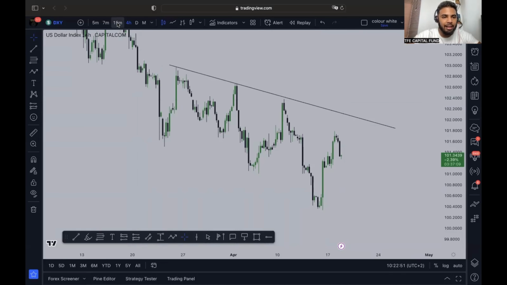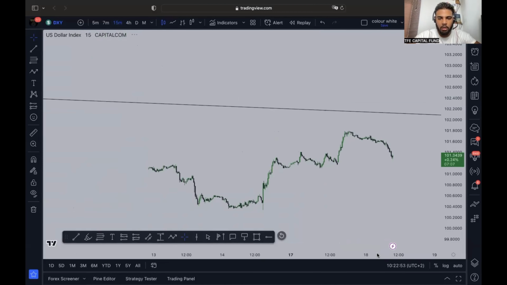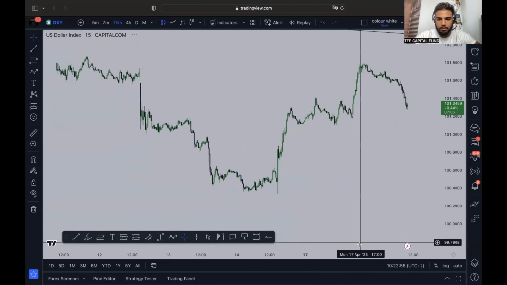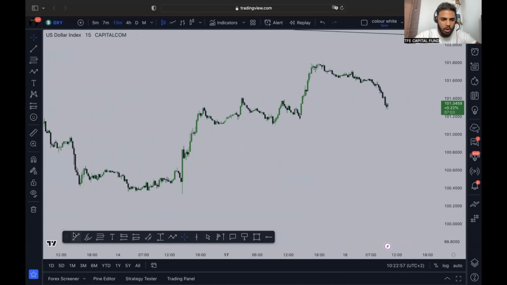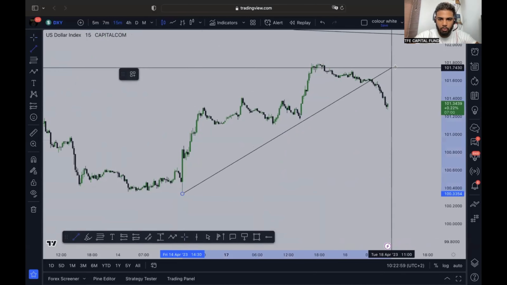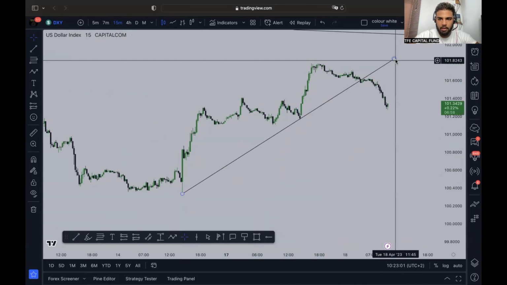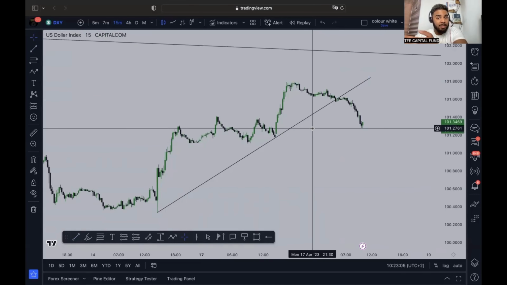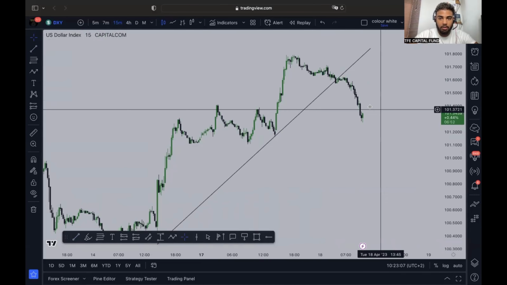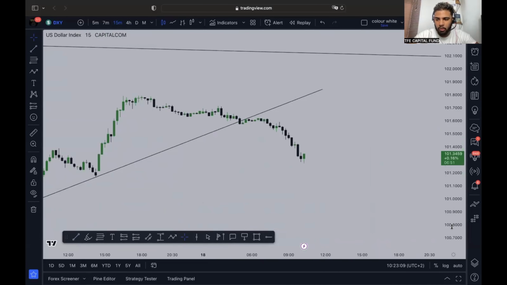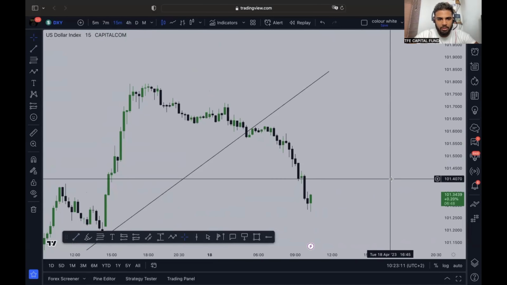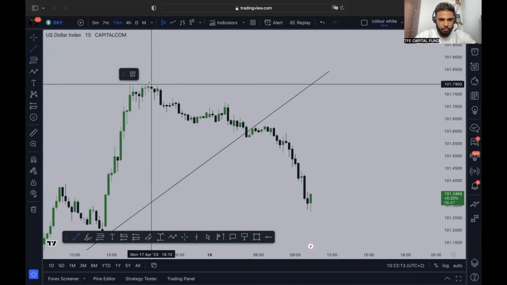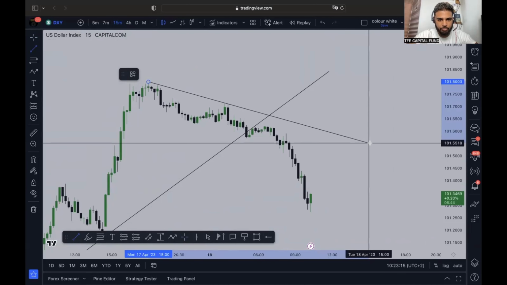But let's see the day's trend, traders. What's the day's trend going to be? Let's look at this. We have another trend right over here that's been broken. You guys see that? That is a minor trend that has been broken. Now let's zoom in a little more. What's the trend for the day here?